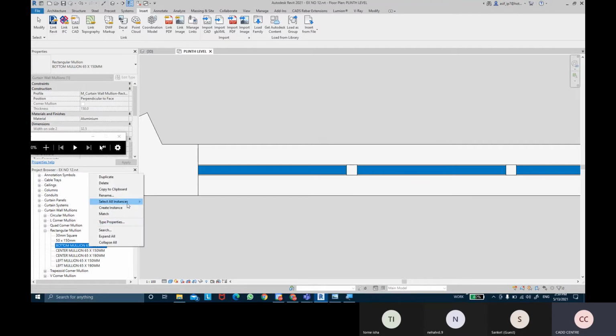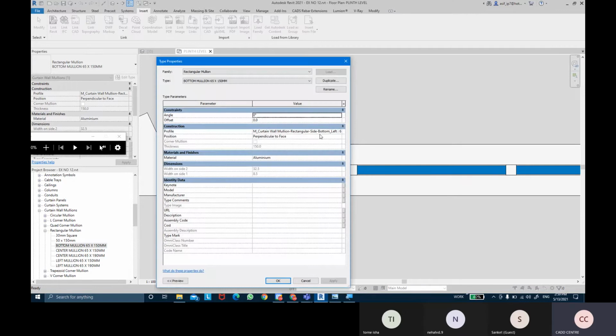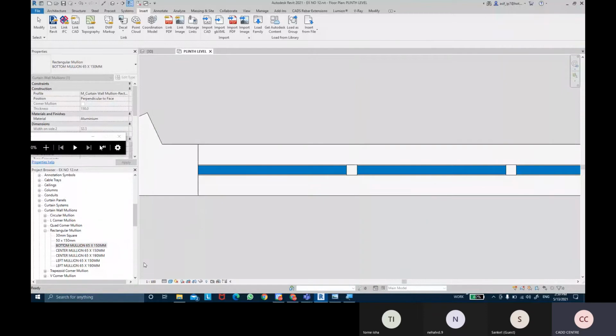Just make sure that in the type properties the profile is set as bottom profile, which is already there. So I'm happy with that. Select this and duplicate this type and call this bottom mullion 65 by 190 mm. Make sure that it's properly set.